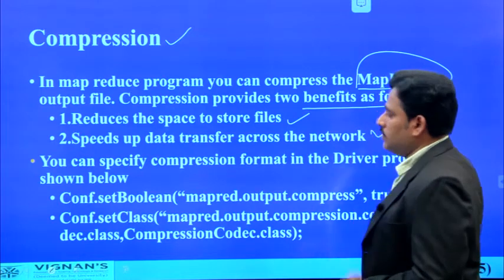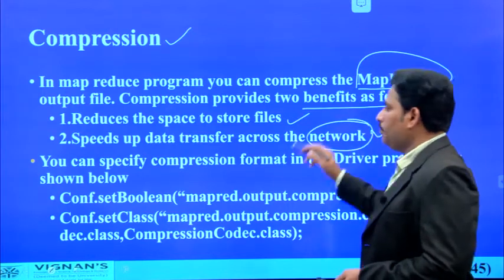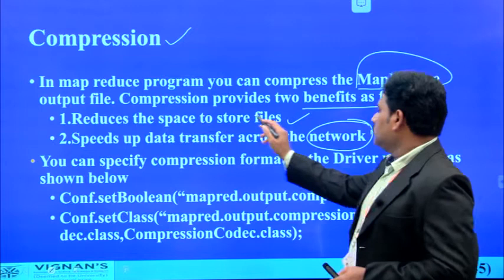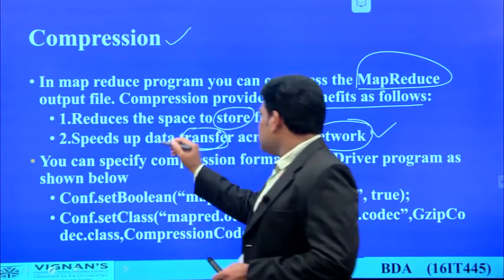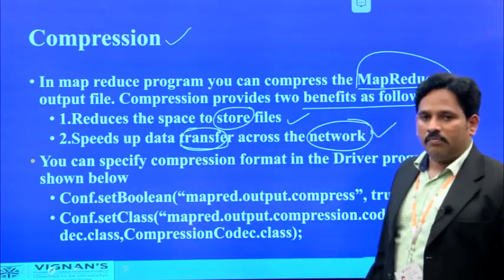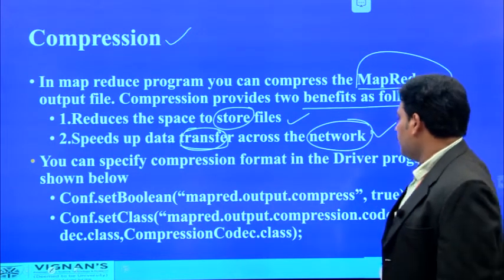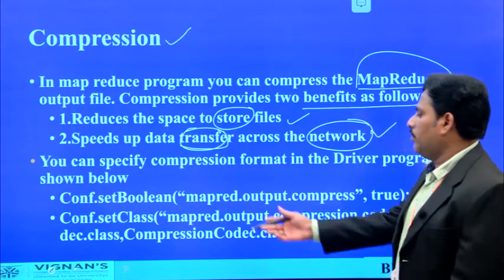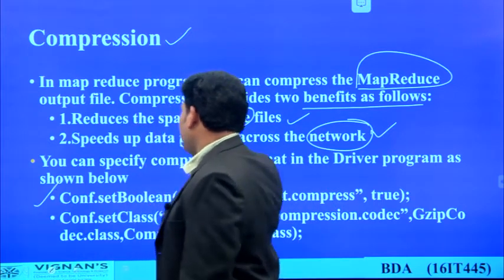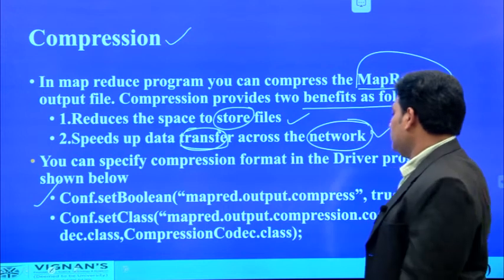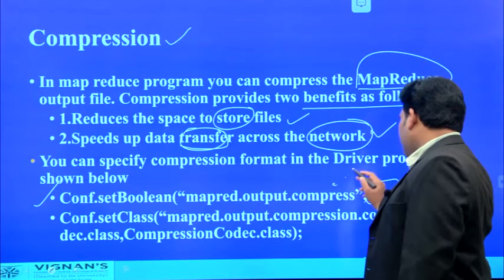And another advantage is it will speed up the data transfer from node to node or machine to machine among the network. So it will reduce the space, that is storage efficiency can be increased. Data transferring speed can also be increased by applying the compression technique. Now to apply compression techniques in real-time operations, we will take the help of some default methods, like we can go for a configuration setting the boolean value of mapper compression as true. That means here we are applying a compression operation on